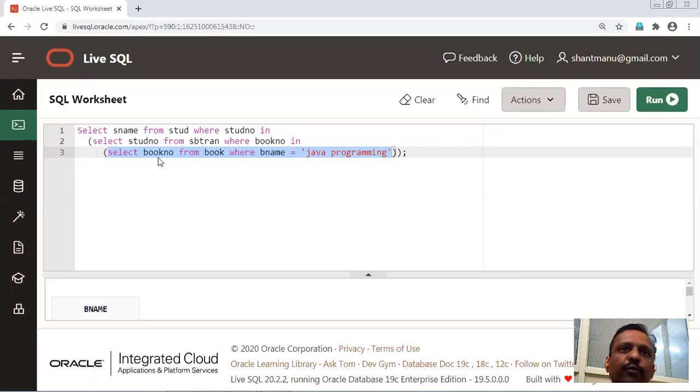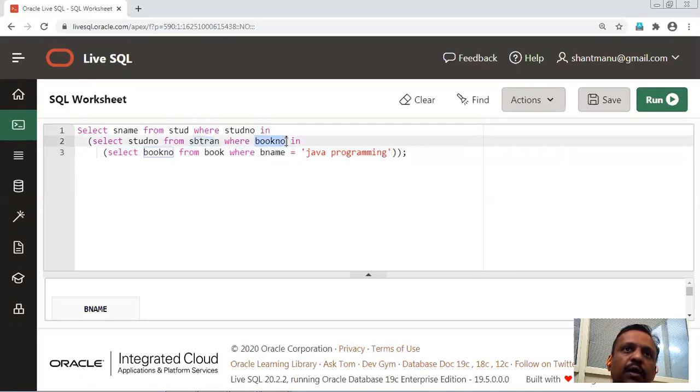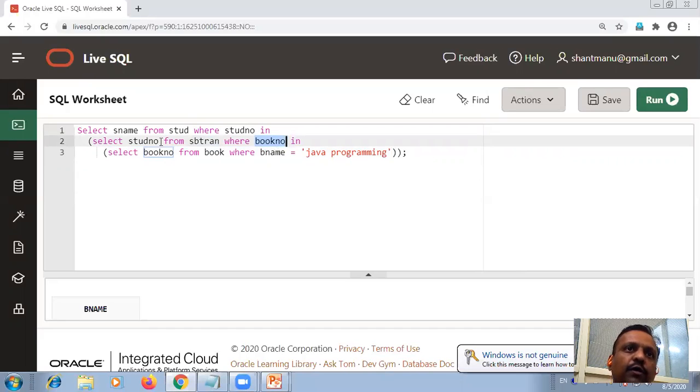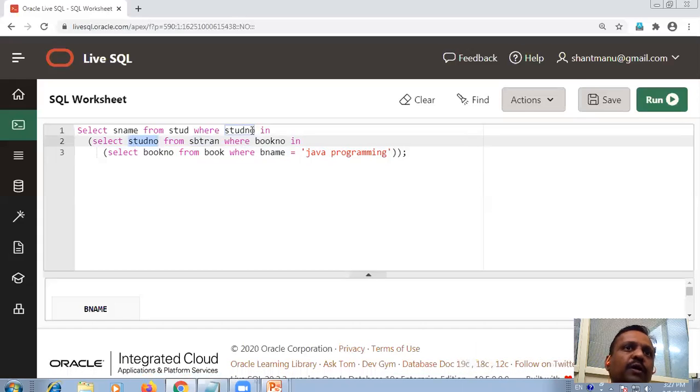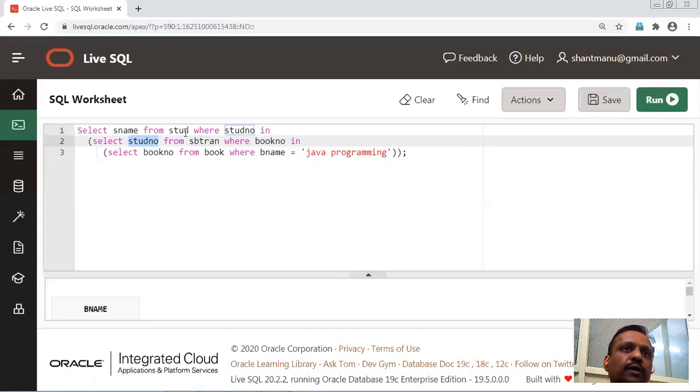That book number you have to match with the book number in the transaction table. And then after matching the book number with the transaction table, you have to find out the student numbers. And that list of student numbers should be matched with the student number of the student table, and you have to find out the student name.